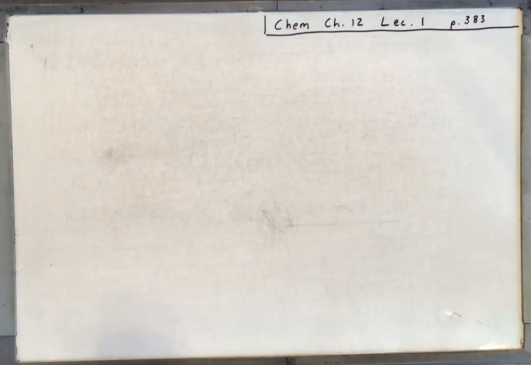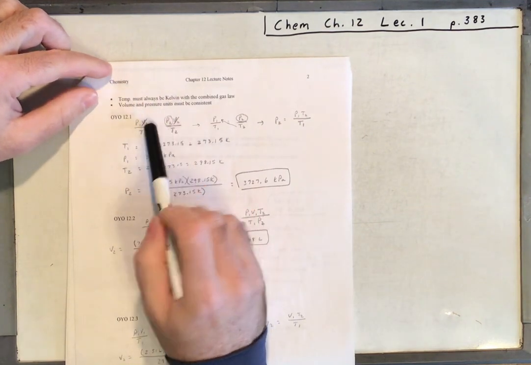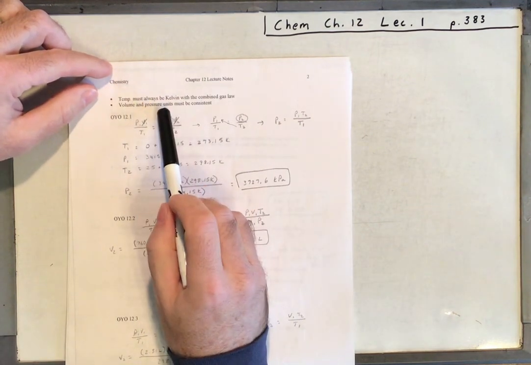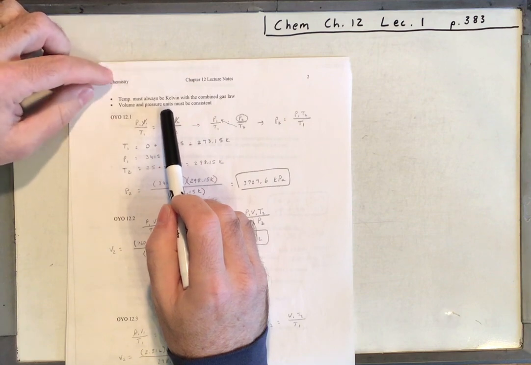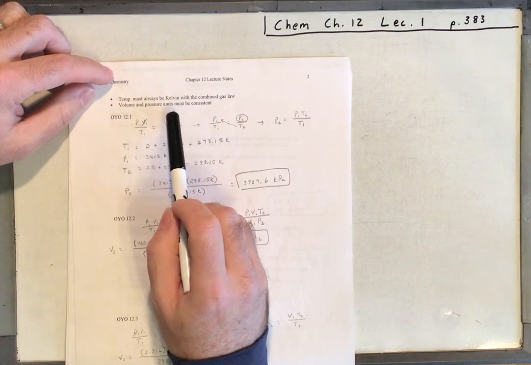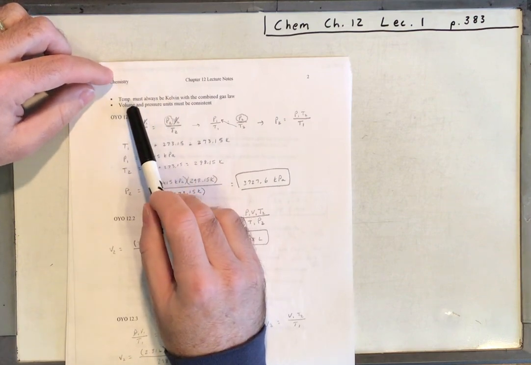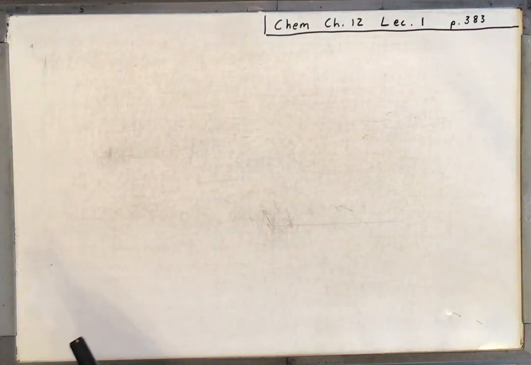All right, so we are at the top of page 2. Temperature must always be in Kelvin. Volume and pressure units have to be consistent. Okay, so if we are on pressure, if we're in torr, we have to stay in torr. If we are in milliliters, we have to stay in milliliters. Okay, so open your book,